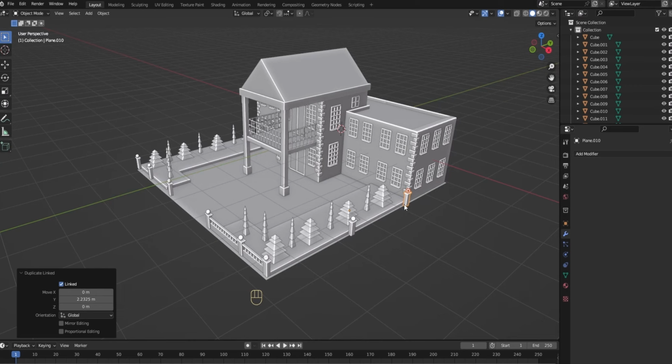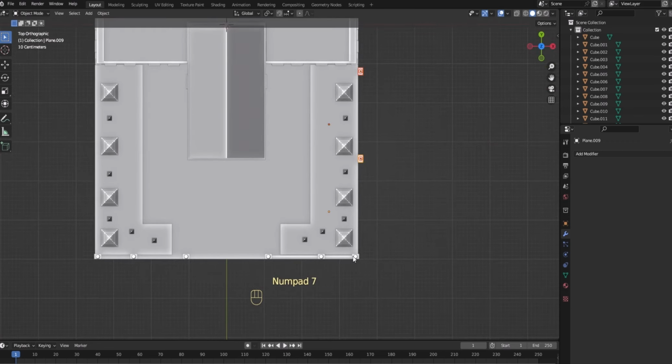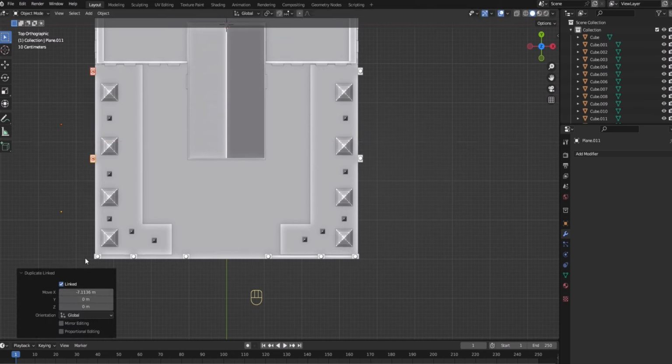Alright, so you are going to duplicate this and Alt D, move it towards the X axis, somewhere like this. Alright, so the next thing we are going to do here is, I think let's move